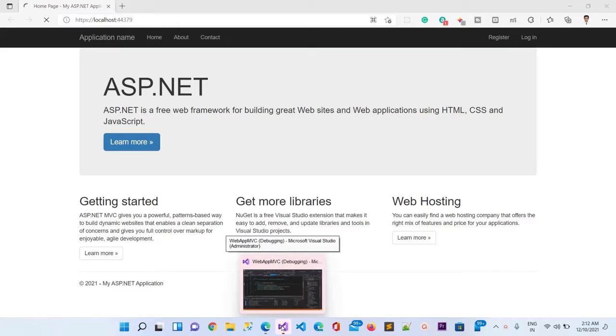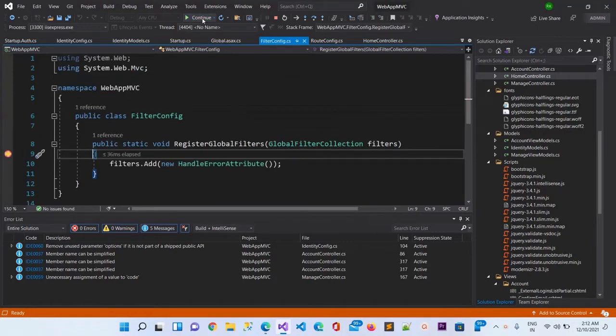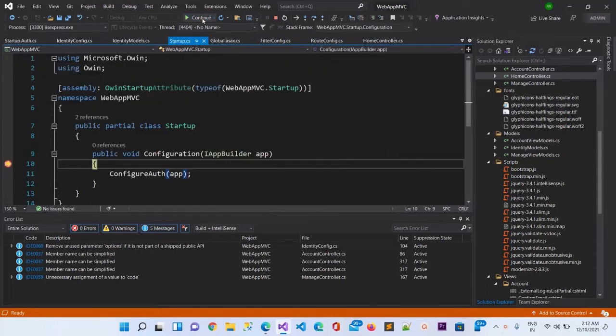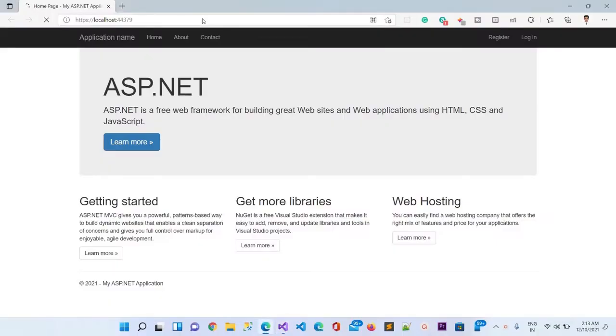And you can see the breakpoint has reached again inside the global.asax file. Once I refresh the page, it will again reach the filter config.cs file, then the route config.cs file, then the startup.cs file, and then the startup auth.cs file, and then it will reach the controller.